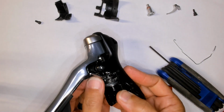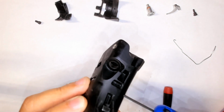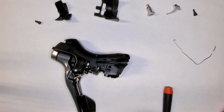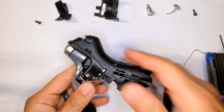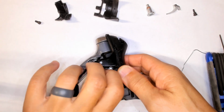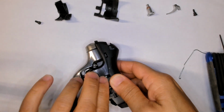But one last piece is remove this set screw in here. Is it still 2mm? I believe it was. Yeah, let's try the 1.5mm instead. 1.5mm. Yes. You only need to unscrew it like one turn. And your shifter mechanism runs into your lever. Okay. So that means let's